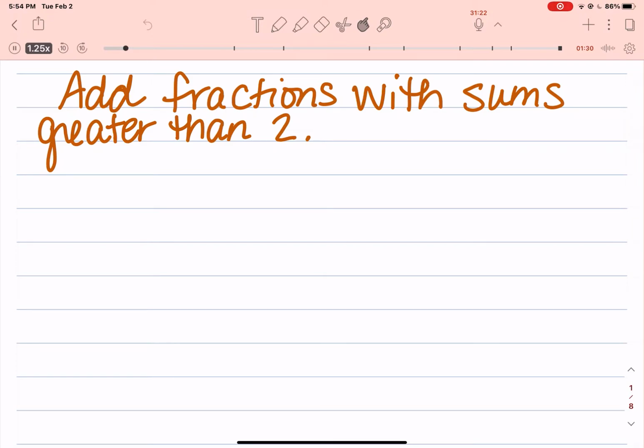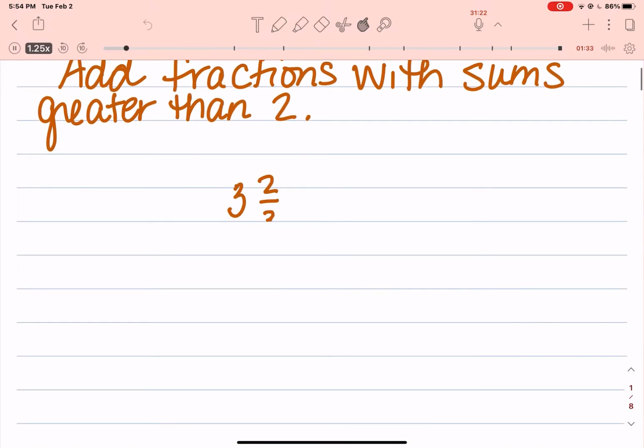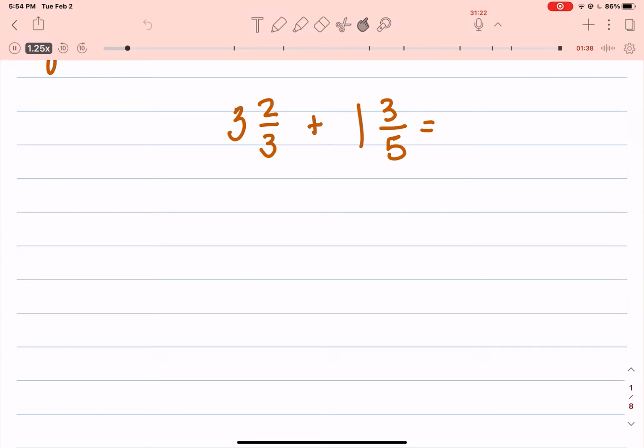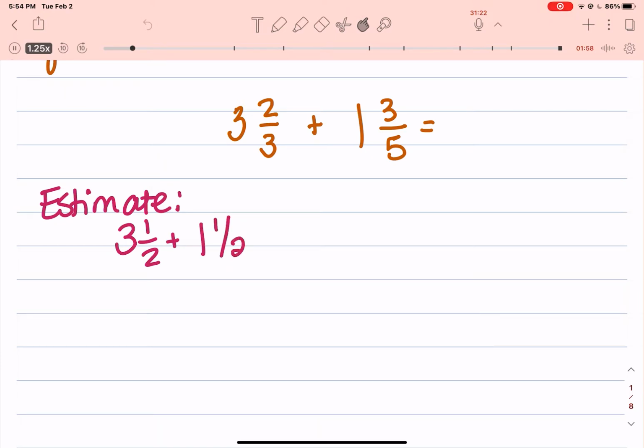All right, in this problem, we have 3 2/3 plus 1 3/5. And we're going to begin with a little bit of estimation because it's kind of good to do that. We know that 3 2/3 is a little bit bigger than 3 1/2, and that 1 3/5 is a little bit bigger than 1 1/2. And so 3 1/2 plus 1 1/2 is going to equal 5. So we know that this answer has to be bigger than 5